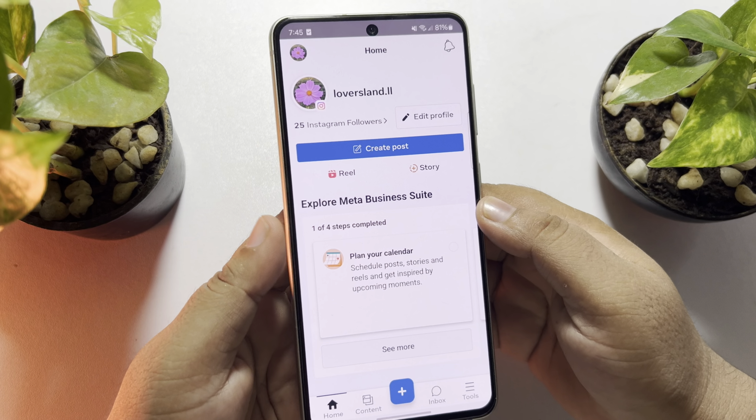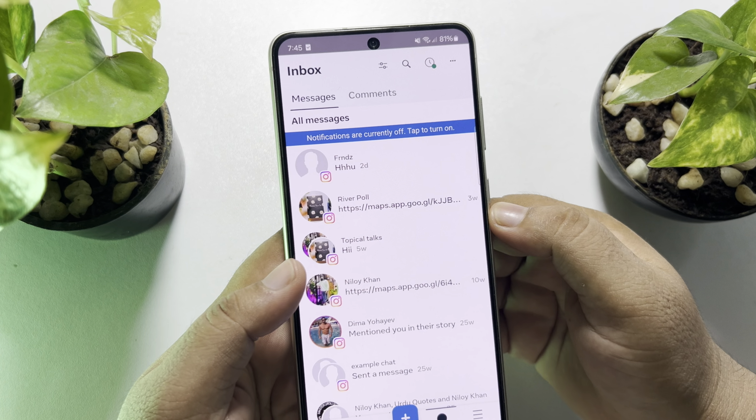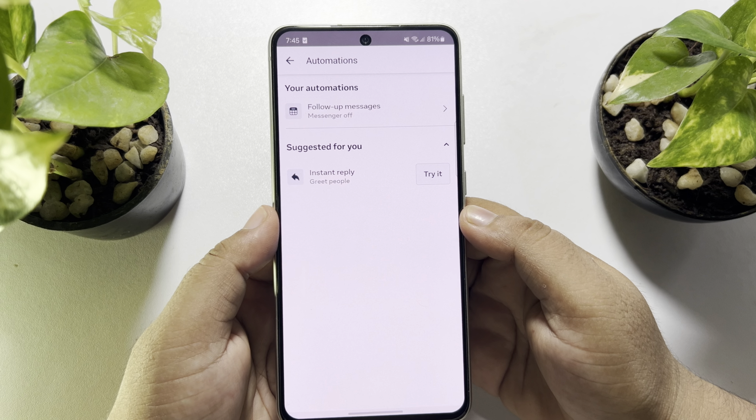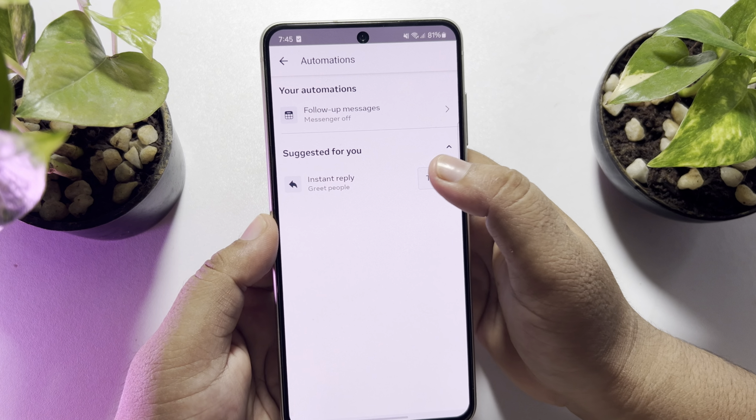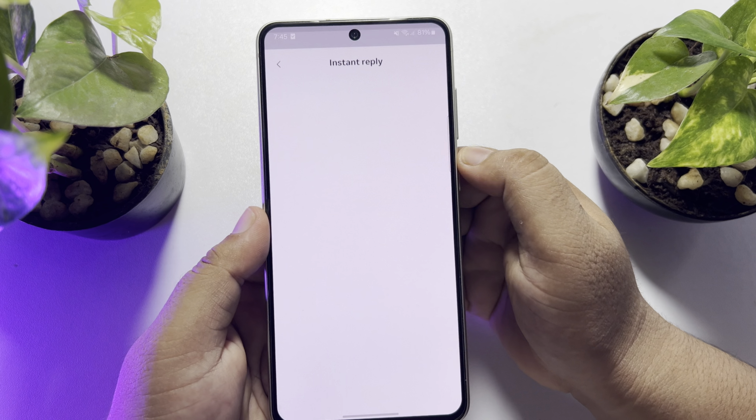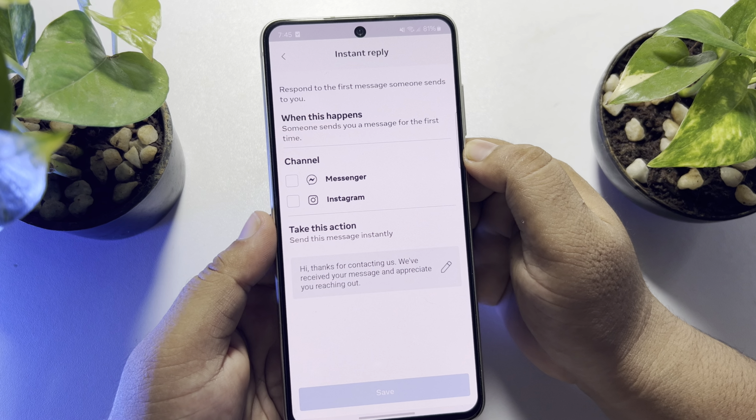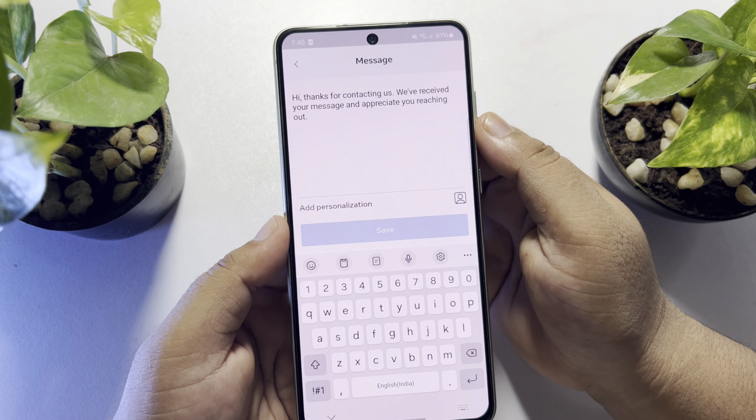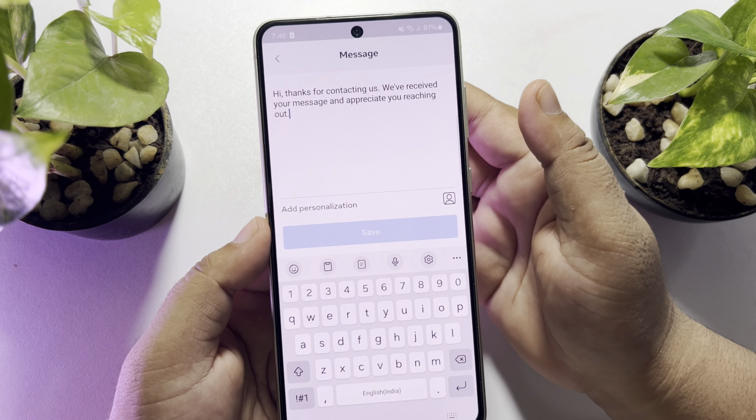up. Now just go to inbox, and once you are in your inbox section, tap on this three dot at the top right, and here tap on automations, and here you'll find this instant reply. Just tap on try it, and now tap on this pencil icon to edit your auto message or auto reply